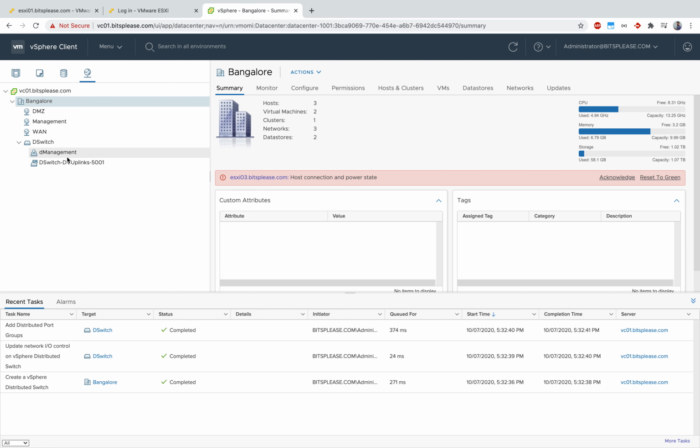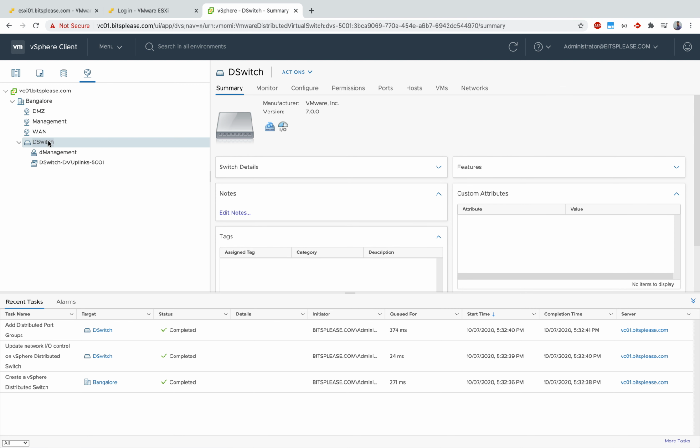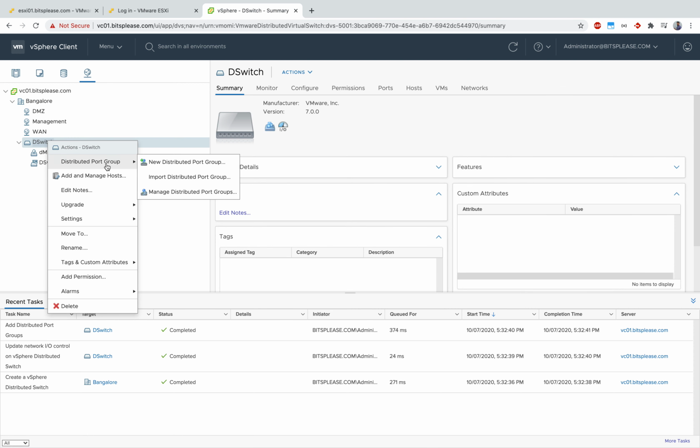We are not going to do anything with vSwitch1. The vSwitch1 we are going to retain as is. So we are not going to touch anything on the WAN side. We are just restructuring our vSwitch 0, and we are migrating the vSwitch 0 from a standard switch to a distributed switch. Cool. So that being said, let's get to work. We are creating the port groups to match our existing standard switch. So let's go to my distributed switch here, and I'm going to right click and create new